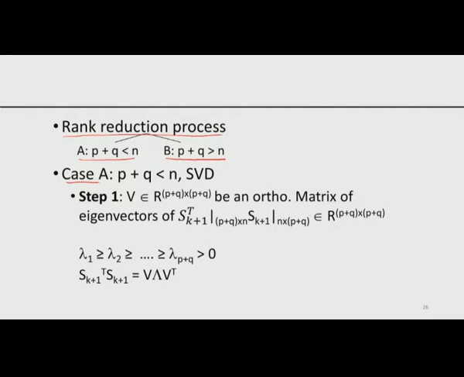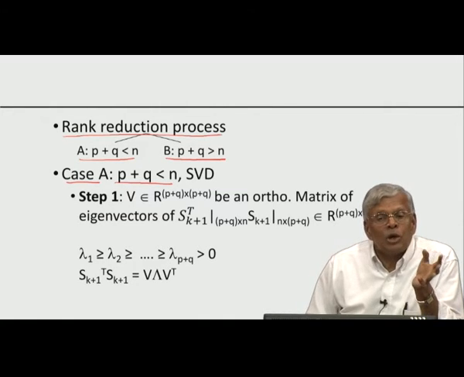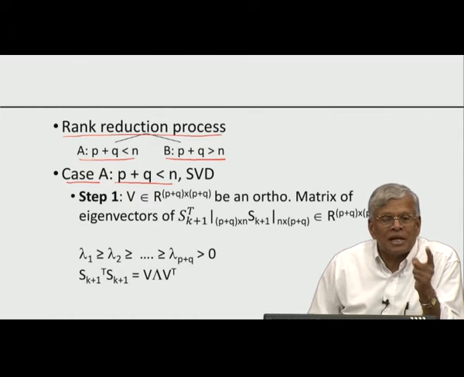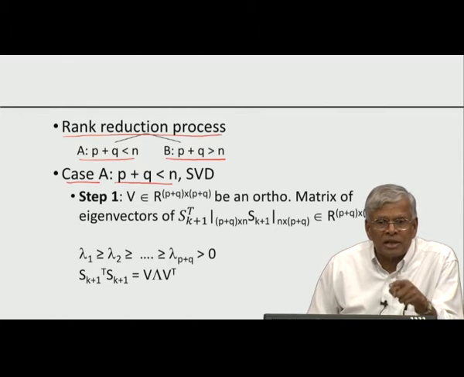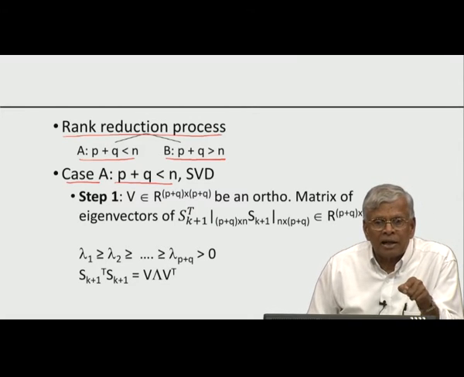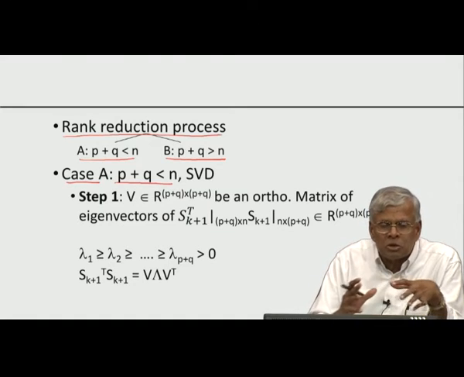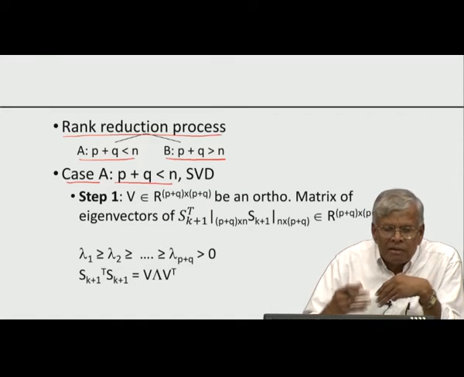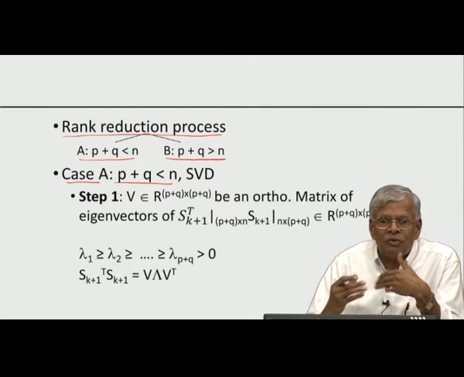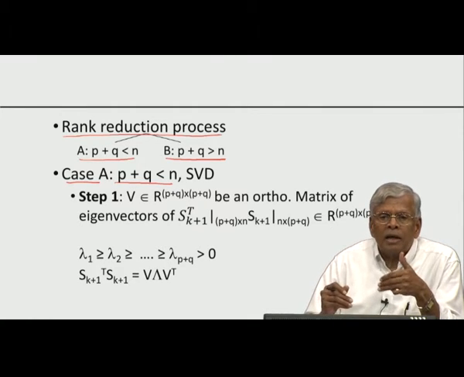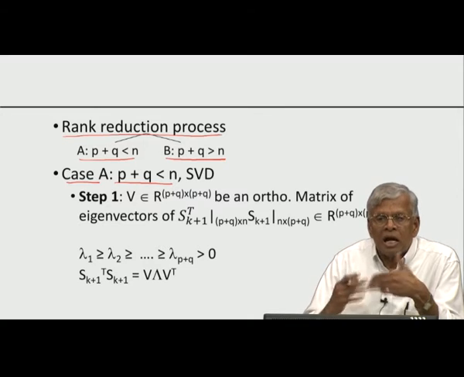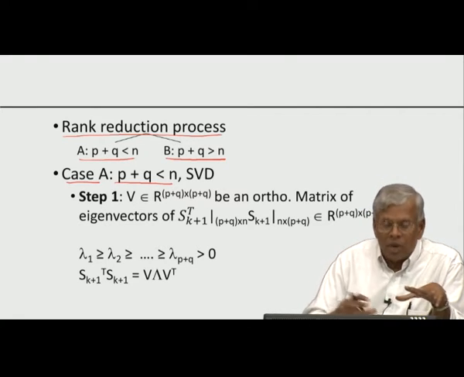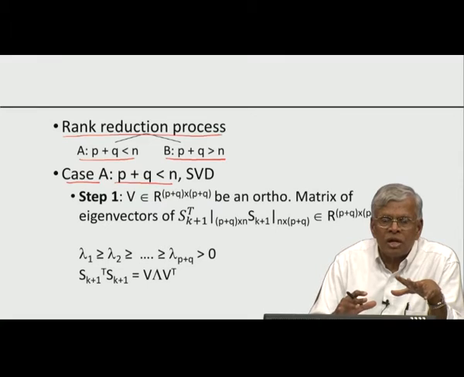I am going to consider case A where p plus q is less than n. So what is it that we are going to do? We are going to fall back on singular value decomposition. Now you know why we did all the singular value decomposition at great length, why we did Cholesky decomposition at great length, why we did eigenvalue decomposition at great length. If you understand these matrix methodologies very well, the underlying basic principles of matrix algorithms, they are used repeatedly in any advanced methods for dynamic data assimilation, and data assimilation in a stochastic context, and that is where we use repeatedly several of the algorithms from matrix theory.